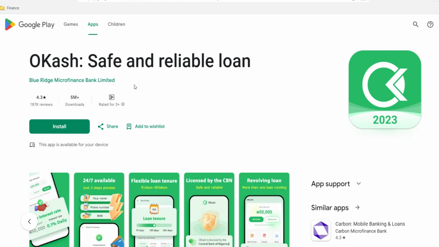Then you proceed to use the app to get a loan, and all of a sudden they say you are not qualified to get a loan from the platform, which of course you might not be able to picture out what exactly the issue is. Is it the amount of loan you borrowed, or is it the information or documents you provided for them that is not quite enough for them to lend you money? So you can see these are different things.